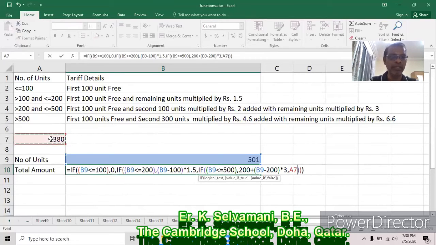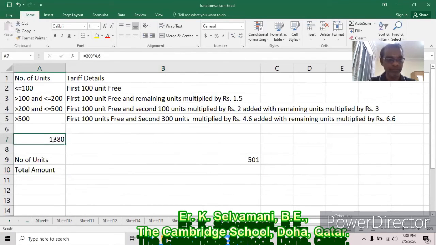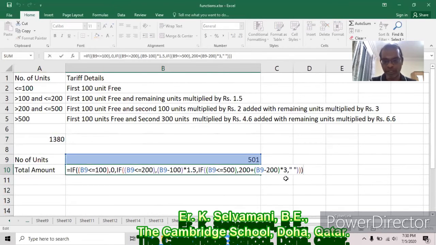Okay, this is what we will do. We can go through the function here. It shows 300 multiplied by 4.6, which gives 1380. Directly we can put 1380 here. Like what we put here for 200 units, 200 rupees, 100 multiplied by 2. Here 300 multiplied by 4.6 gives 1380. That should be plus. So 300 units plus 100 units, total 400 units are over.